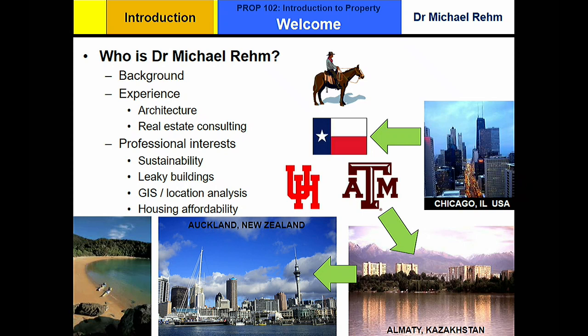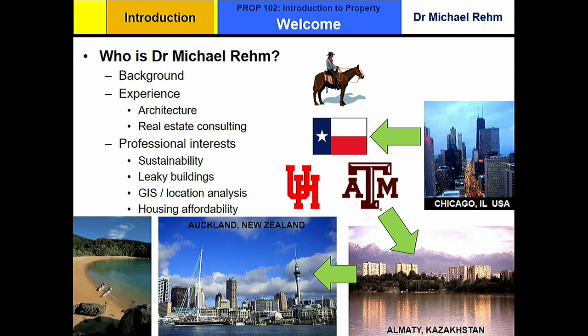I was young. I had no idea what I was doing other than I was following this woman. Probably if I was older, I would have never gone. But it was cool. I worked for a Brit and did a lot of real estate consulting. And anyway, it was a fascinating time. Our 2 youngest children were born there. And then in 2005, I came here. And this was my first academic gig, and I haven't left.